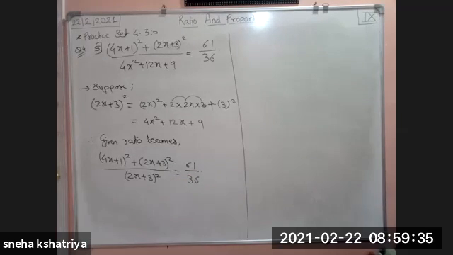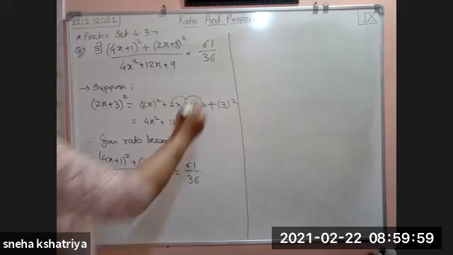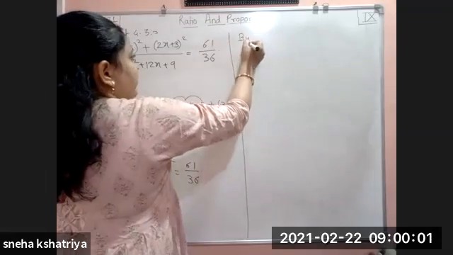Now see here, this denominator 2x plus 3 and 2x plus 3 we can cancel, but what we have to use? A minus sign should be there, because this is plus, if this is minus, then plus and minus will get cancelled. So for that, use dividendo. Only we have to subtract. So just use dividendo, and this and this term will get cancelled. So here we will write by dividendo.